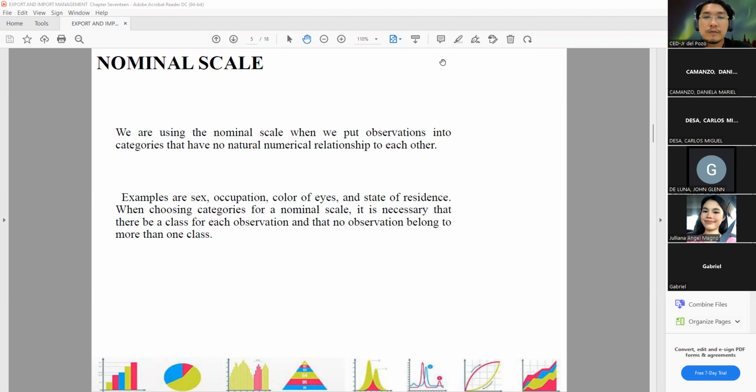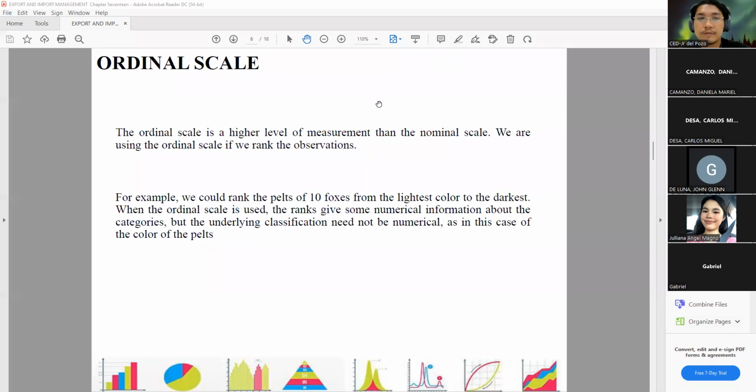When choosing categories for nominal scale, it is necessary that there be a class for each observation and that no observation belong to more than one class. The ordinal scale is a higher level of measurement than the nominal scale. We are using the ordinal scale if you want to rank the observations. For example, we could rank the pelts of 10 foxes from lightest color